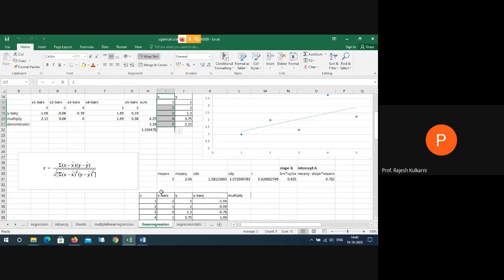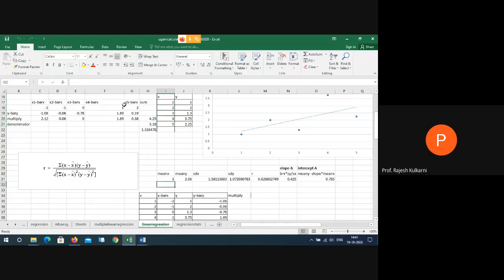The average of x. Fastly you calculate. Anybody from second year? What will be the average of this x? 3. Yeah. How did you calculate that 3? You tell me. 15 divided by 5. Very good. 15 divided by 5.